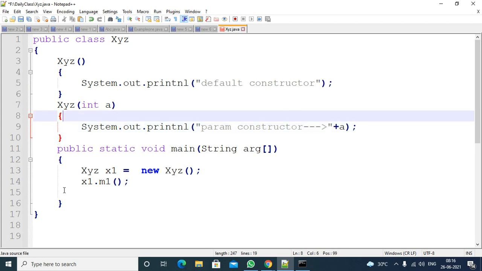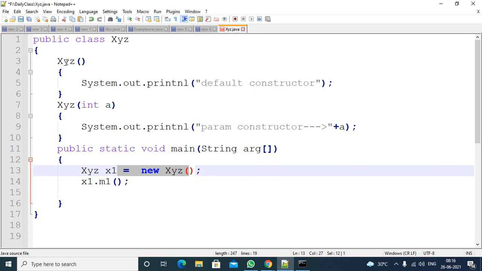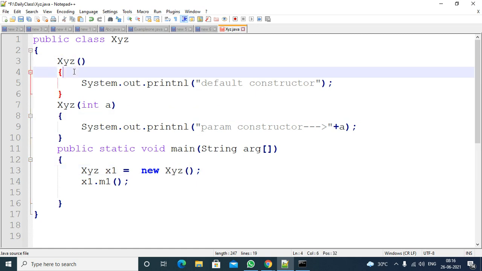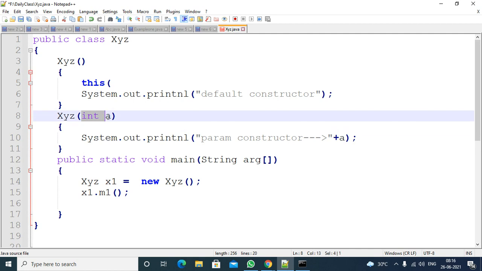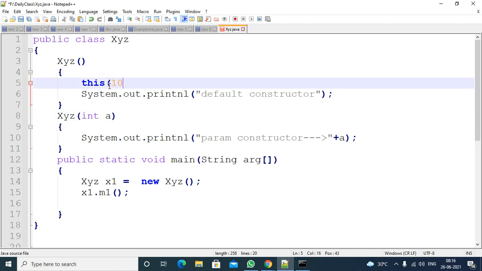So the this keyword is used to call the current class constructor also. That means when I create the object, the constructor is called. From this constructor I will apply the this keyword and call the other constructor. This constructor has a parameter, so I will pass a parameter here. In this way I can call the constructor. I am not using the name xyz of 10.